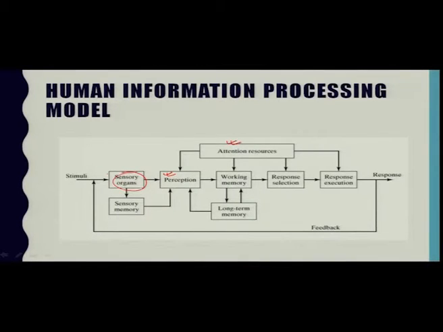The next part in this human information processing model is sensory memory, working memory and long term memory. These memories occupy three blocks in our model of the human information processing system. The sensory memory, as you can see from this model, is associated with the human sensory channel,